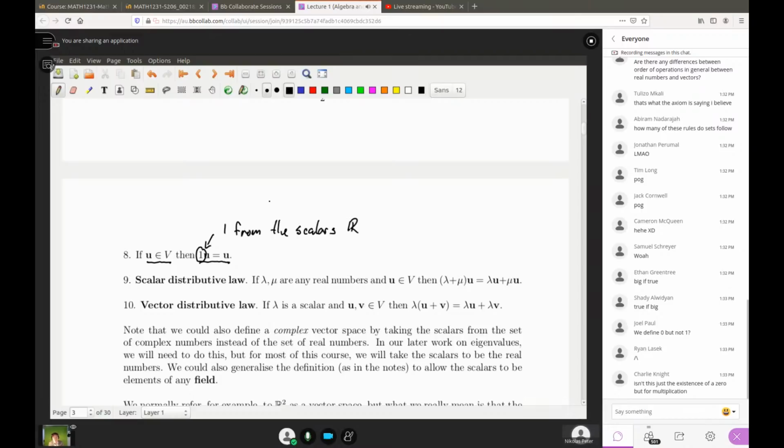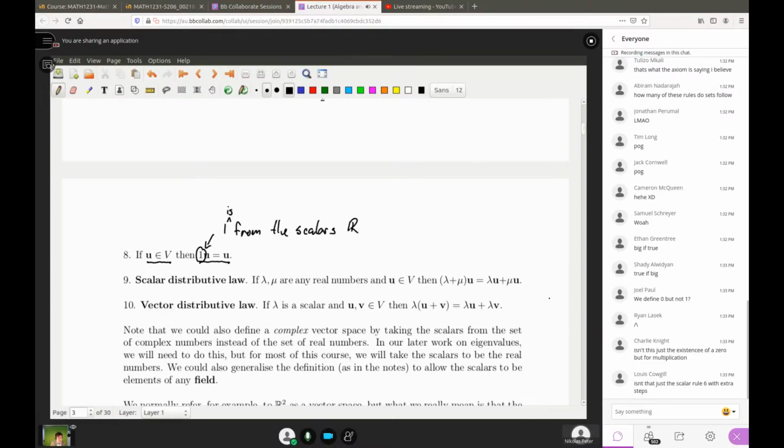So we're going to assume here that you actually know what 1 means, and you have a perfect understanding of the world of scalars that you're working with. So here, when I say 1, it is from the world of scalars. And when you scale by 1, you just get that same vector back again. Bit strange, but we do actually need that as an axiom.